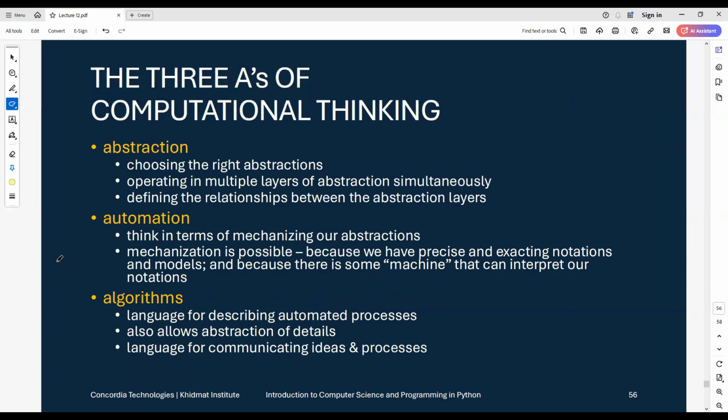And then you think about mechanizing your abstraction and finding a way to solve a problem that might not even be related to programming or coding at this point, but you think about making an algorithm as a diagram and try to see if there is some machine or some language that can interpret your algorithm or your design and then convert it into code. And last step would be making the algorithm and writing the code in the choice of your programming language,